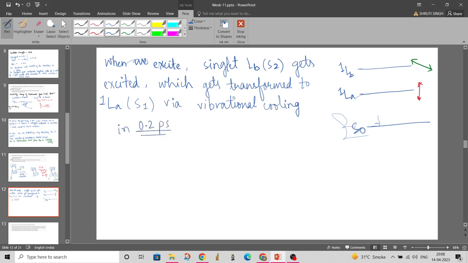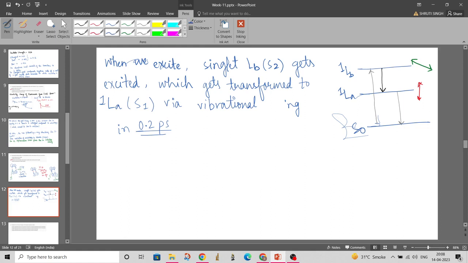So this time is related with this transition from 1LB to 1LA, and this is the excitation, and then emission comes from